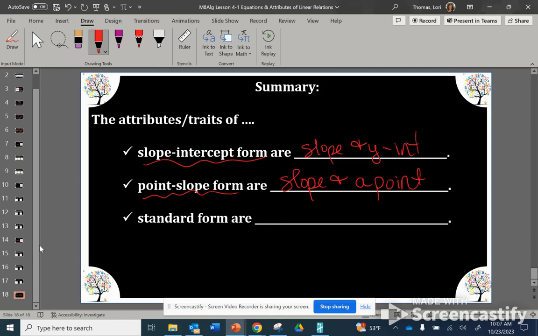And remember, the y-intercept looks like 0, 2, or 0, 5, or 0, negative 3, and so on. Your x value is 0. That is your y-intercept value. Standard form,